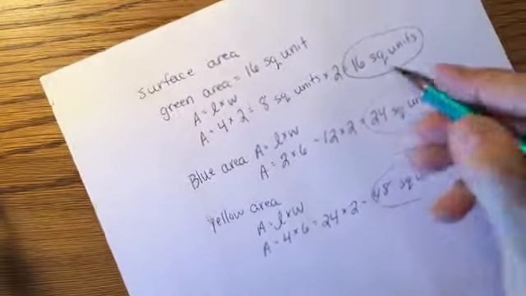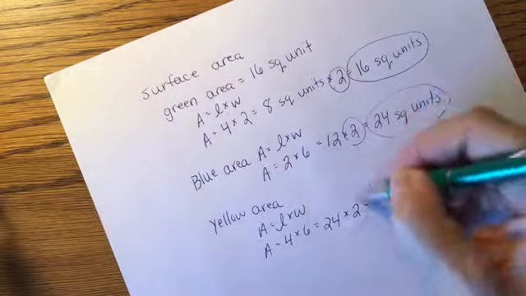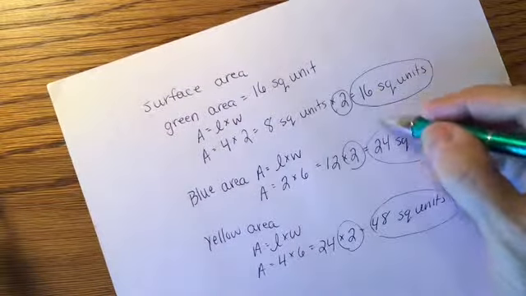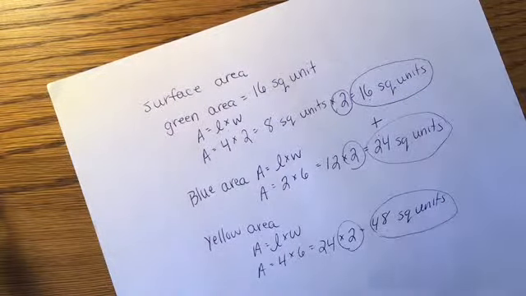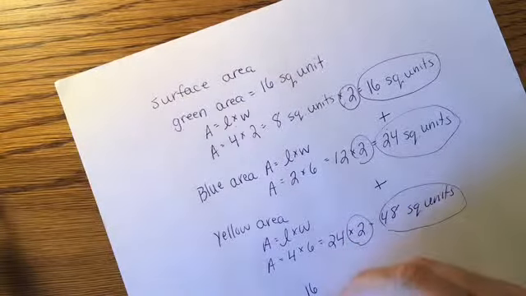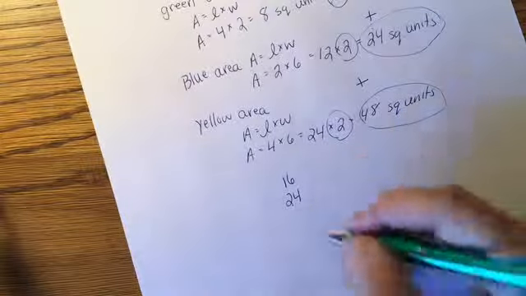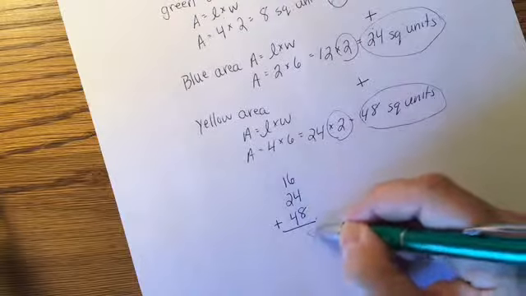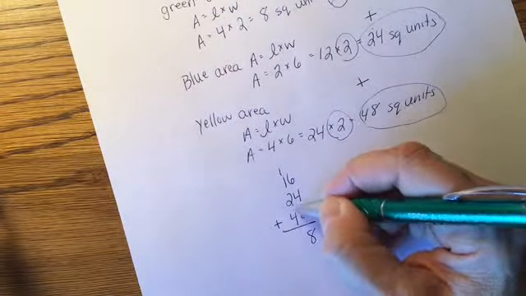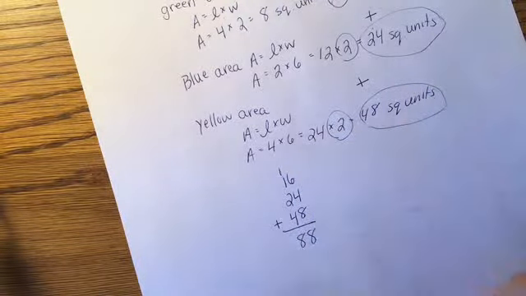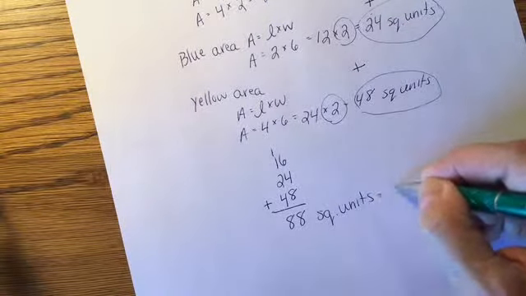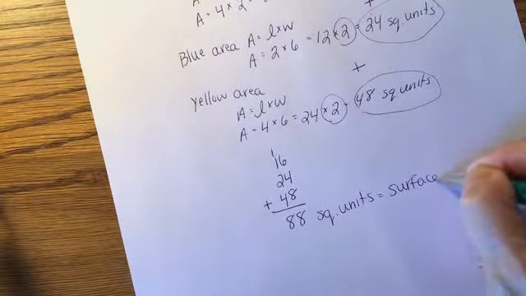So I've already doubled everybody here. Double, double, double. I already did that. All right, so now I just need to add them up. So I'm going to take 16 plus my 24 plus my 48. So 16, 24, and 48, add those up. I get 10 and 8 makes 18, and this is 6, 7, 8. So 88 square units is my entire surface area